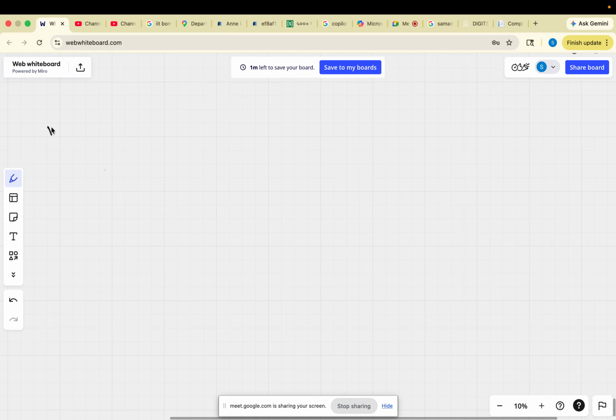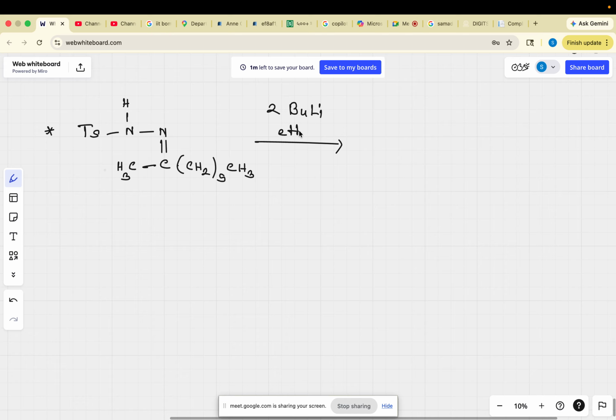Fine, so I have given two questions like this. One you have this tosyl, then you have here NH, here you have nitrogen double bond carbon, this side you have methyl group, and here you have CH2 whole 5 CH3. Fine, so here if we use two equivalents of butyl lithium in presence of ether,